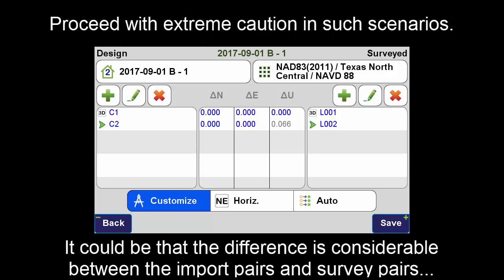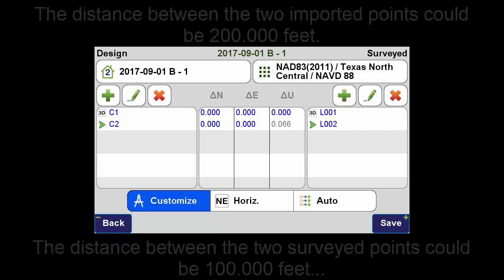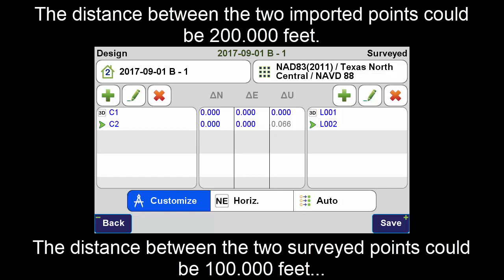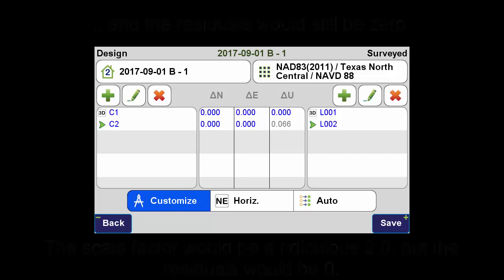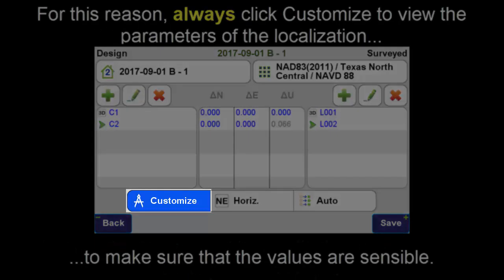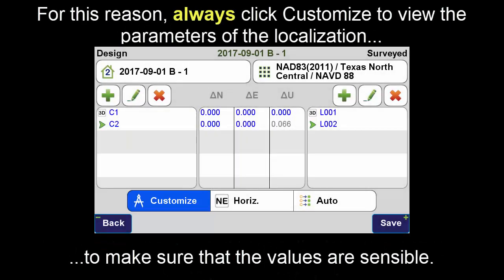Proceed with extreme caution in such scenarios. It could be that the difference is considerable between the import pairs and the survey pairs. The distance between the two imported points could be 200.000 feet. The distance between the two surveyed points could be 100.000 feet, and the residuals would still be 0. The scale factor would be a ridiculous 2.0, but the residuals would be 0. For this reason, always click Customize to view the parameters of the localization to make sure that the values are